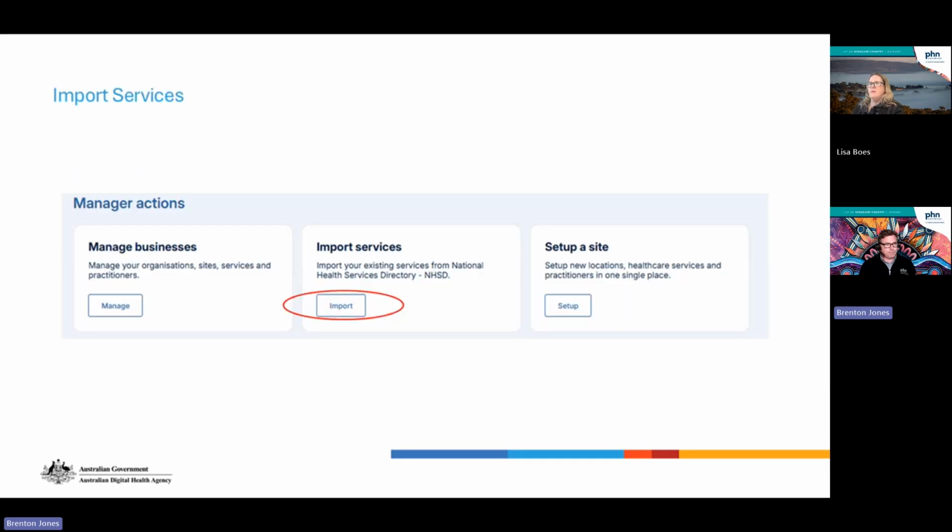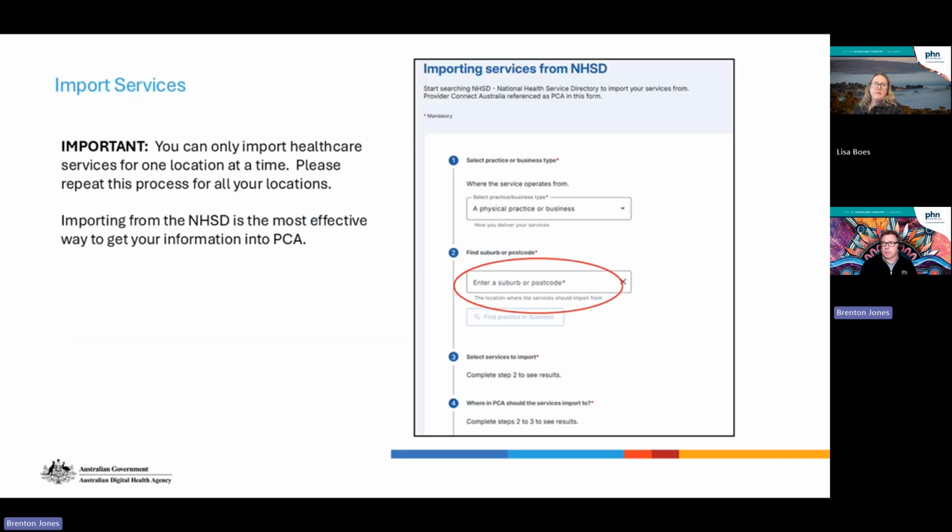is recommended. So when you get to this point, straight off the back, at the top row there, you can click on import. So you click on the button, you simply follow the prompts in the form. Again, follow the steps. So enter the suburb postcode. Now you can only import healthcare services from one location at a time. So a little important